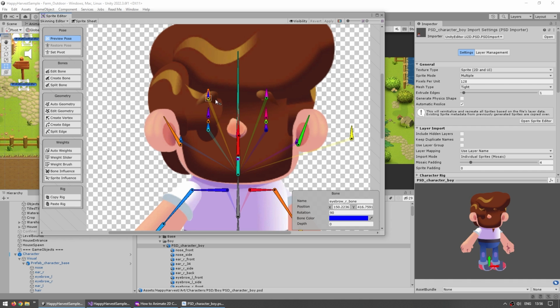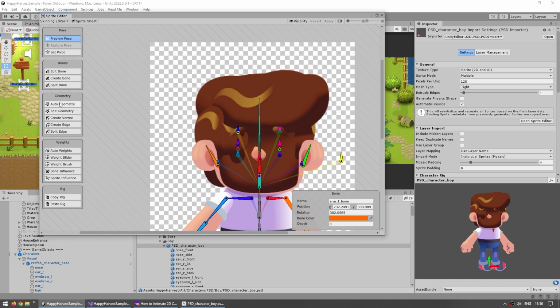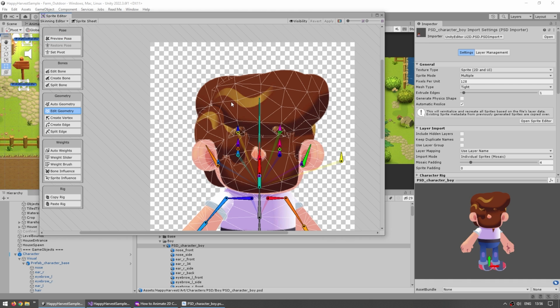They also added bones just to the eyelids, the eyebrows, and so on. So using this tool, building something like face animations is so much easier. Then after assigning bones, there's a button to automatically add some geometry. You can play around with this, but obviously don't go way too crazy, otherwise you end up with a million